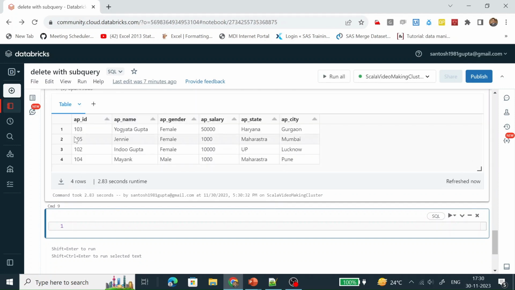We can see now there are only 4 records, and the APCT Patna is not present. So this is one way, with the help of a subquery, we can delete data.